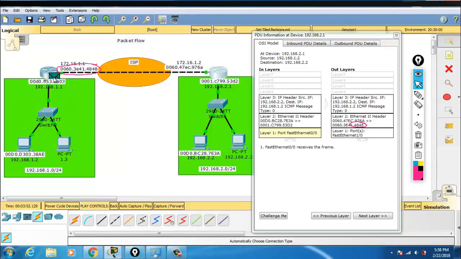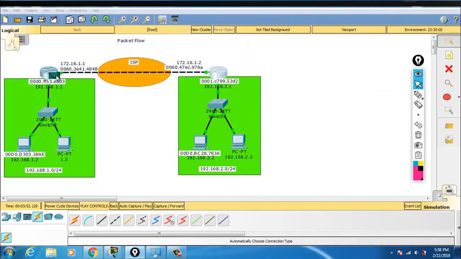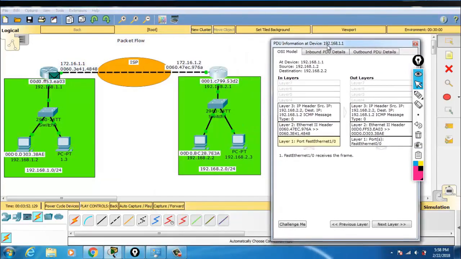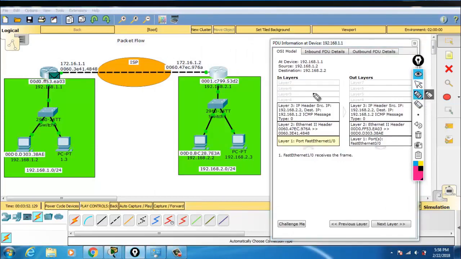The packet is received by this router, and here also you can notice, if you open this, this is the packet it got in the interface, and this is the packet which is leaving out of this interface in order to reach the destination. Now you can see here that the source MAC address is 976A, which it got in, and destination was 4848, which was mine, that's why I have received it.